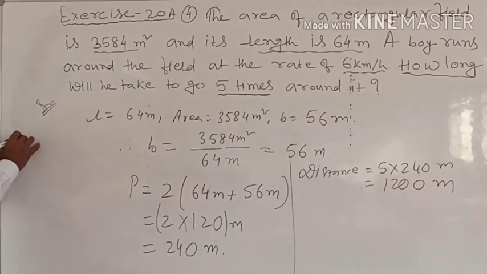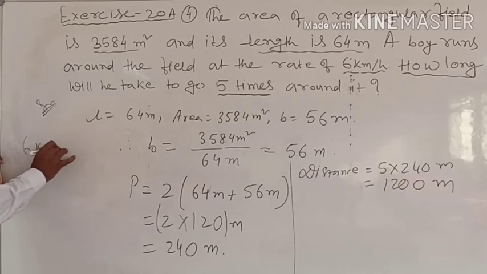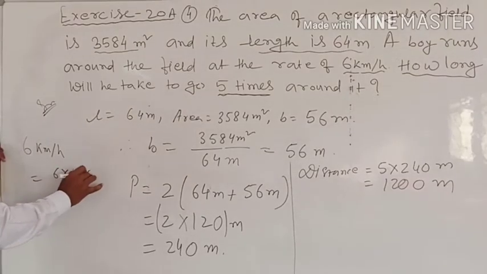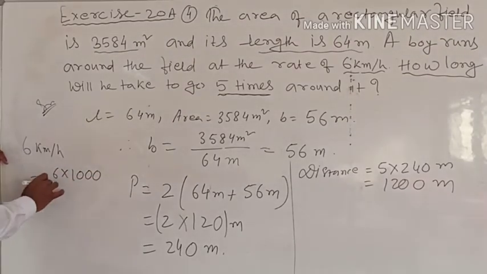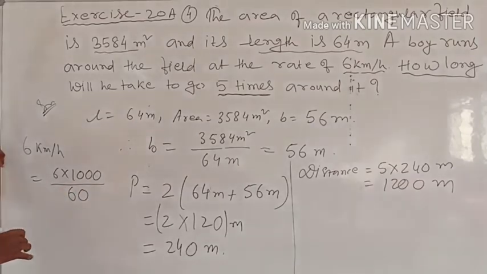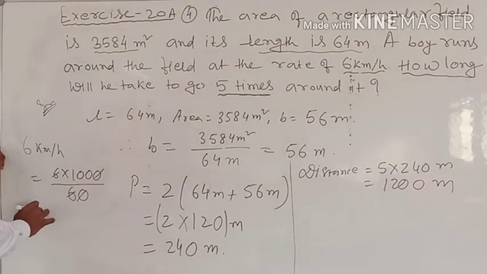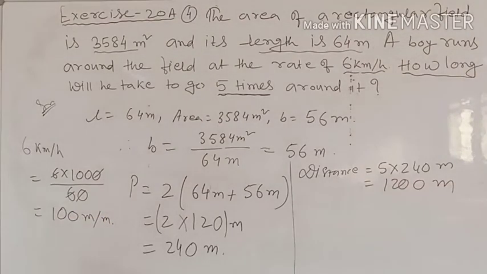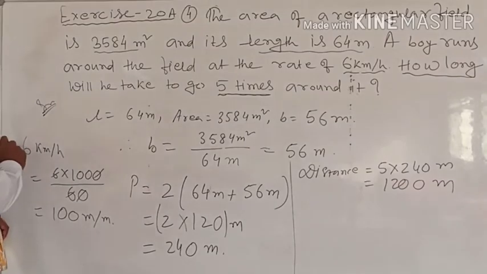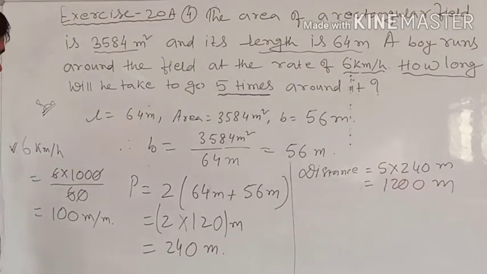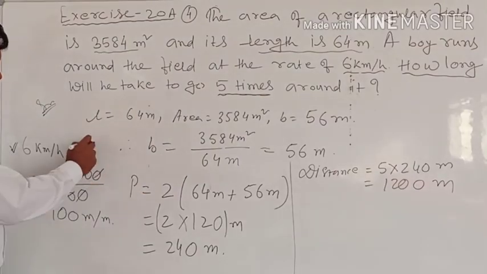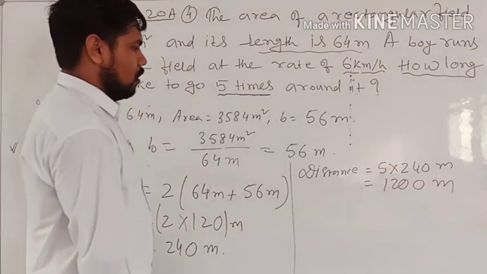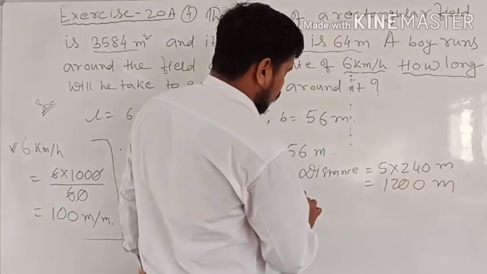Okay, so 6 kilometer per hour means 6 into 1000. So 6 into 1000 is, this is in meter and hour is in 60. So 6000 divided by 60. 0 0 cancel, 6 6 cancel. So you can see 100 meter per minute. Okay. So 100 meter per minute will be his speed if 6 kilometer per hour he is going. So now we got the same unit. अभी हम लोग का unit जो है वो same हो गया. So now we can find out the required,